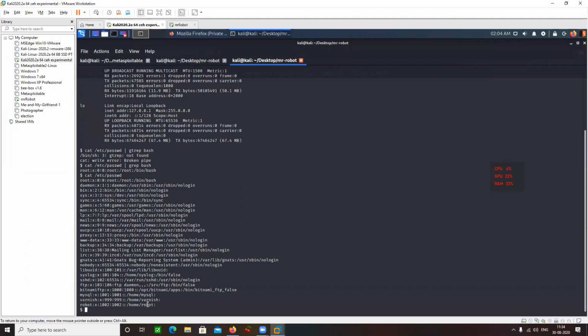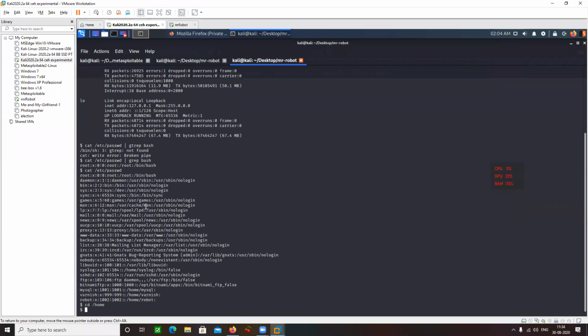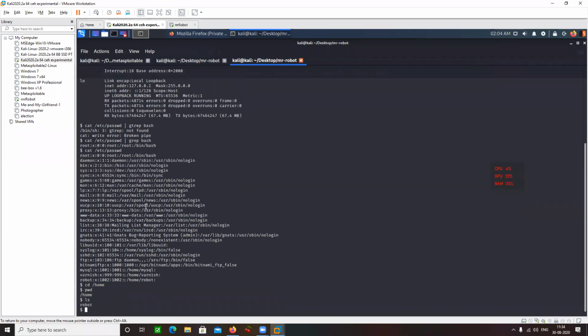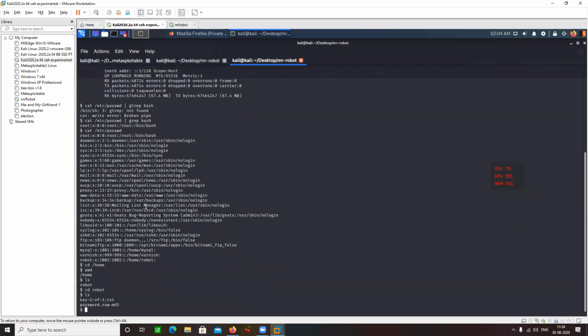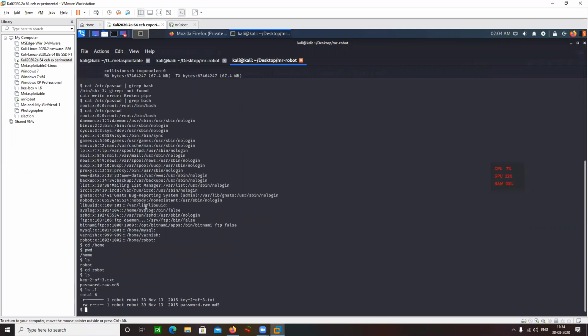Okay. Great. Let's go to the home directory. When I do ls here, I can see a user robot here. Let's do ls. So I can see two files are available.